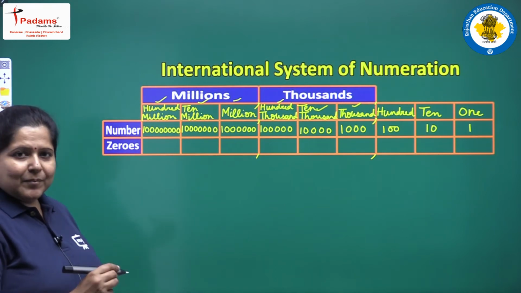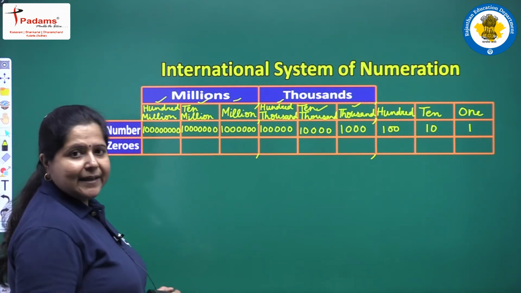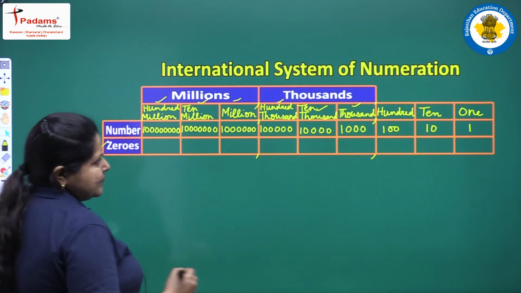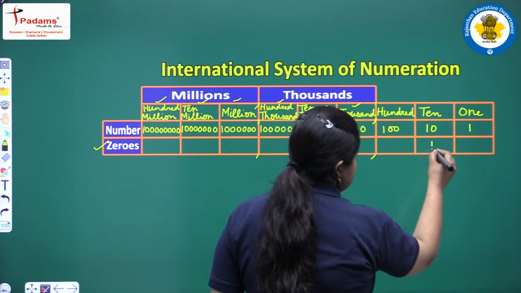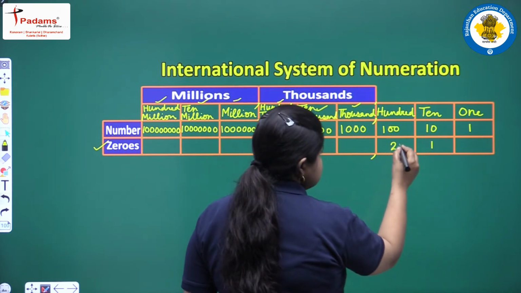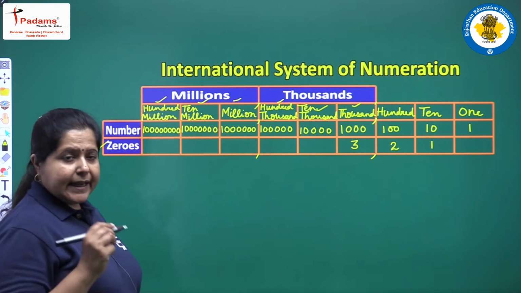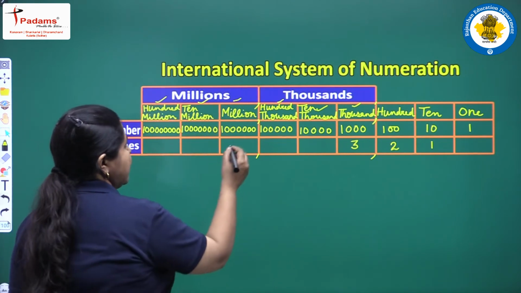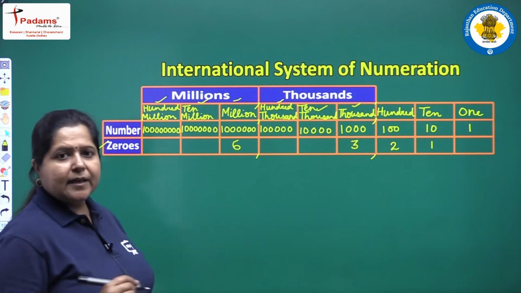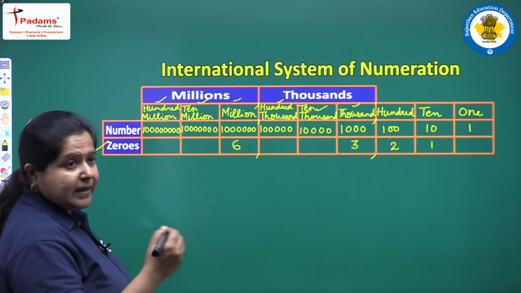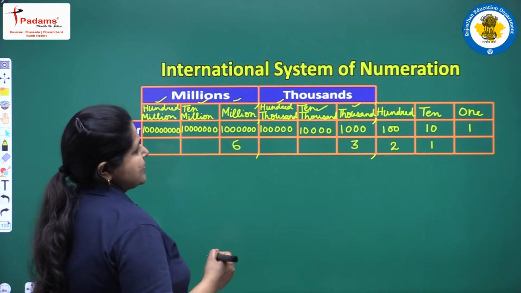So these are the numbers correspondingly. Now we write the number of zeros in each one of them. Yes, we know there is 1 zero in 10, 2 zeros in 100, 3 zeros in 1000. Next you have to remember there are 6 zeros in a million. Remember this thing, okay? It will be used in many questions in the coming sections.